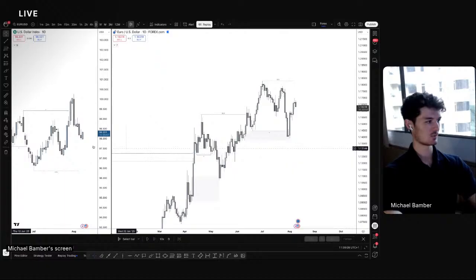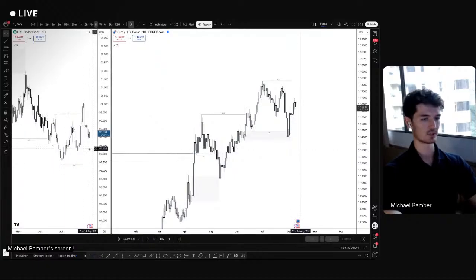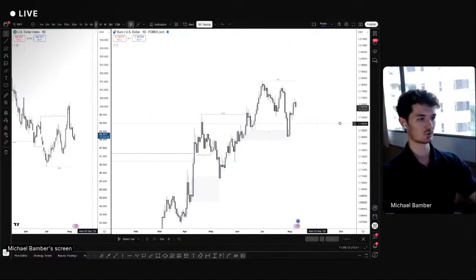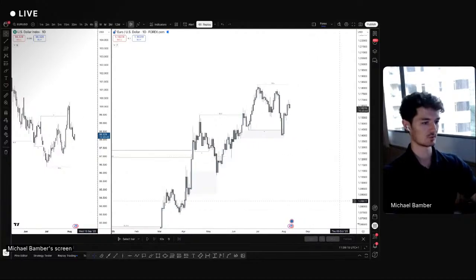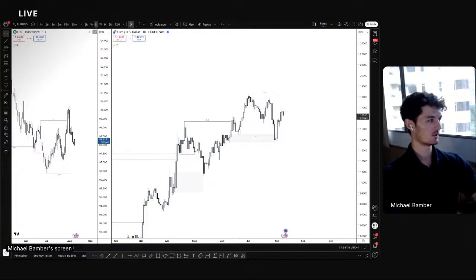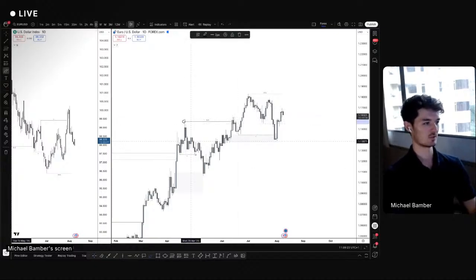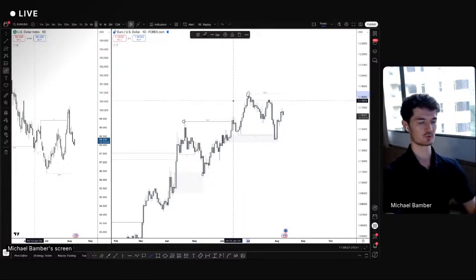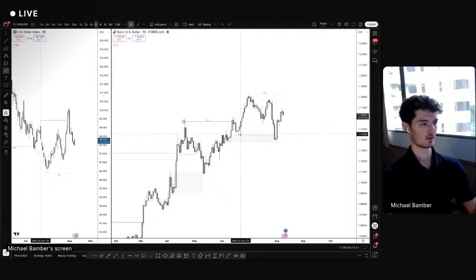Right, so DXY on the left, because it's inverse correlation to euro dollar. And of course, euro dollar is the main watch, right? What do we have? Come back to the fundamentals again. Market structure, is it bullish or bearish? High, high, high, low, high, high. It's bullish. Okay. We then sweep